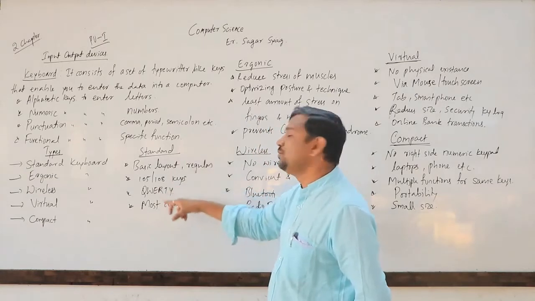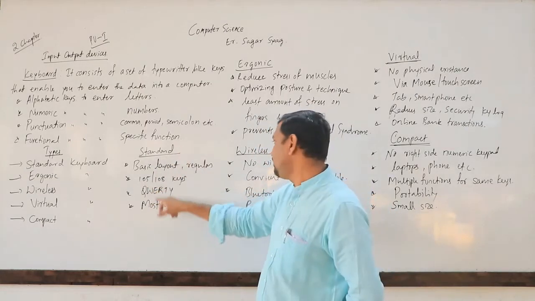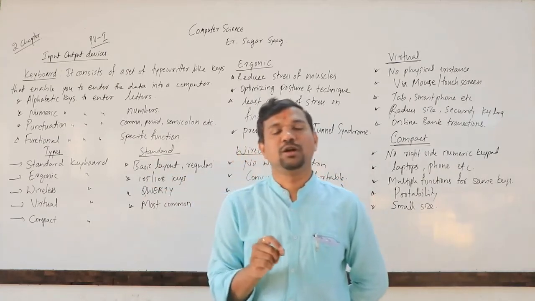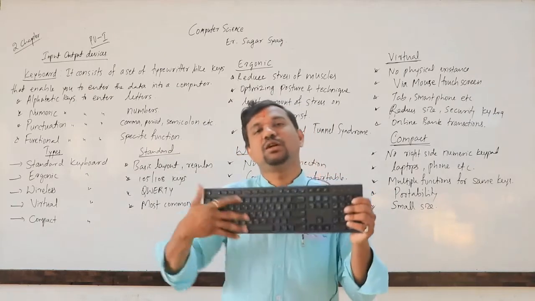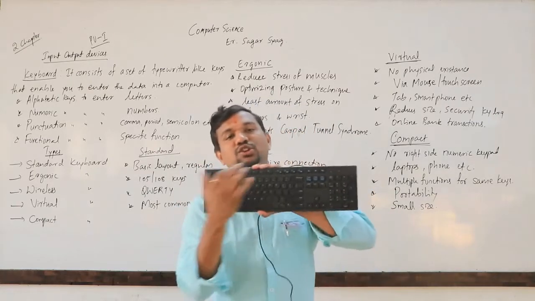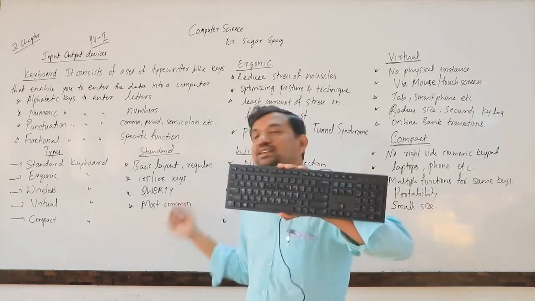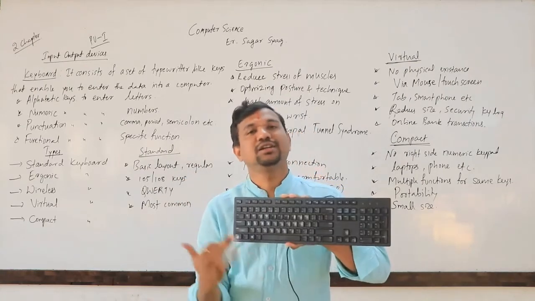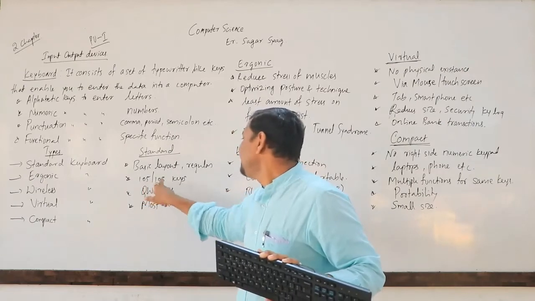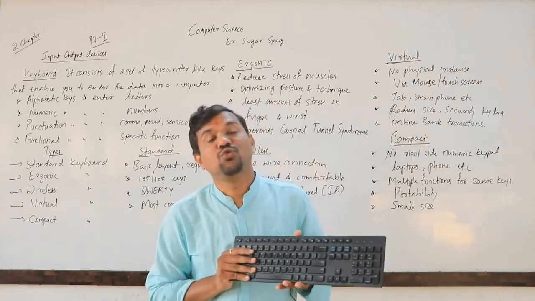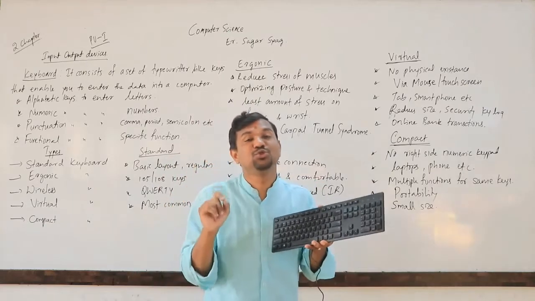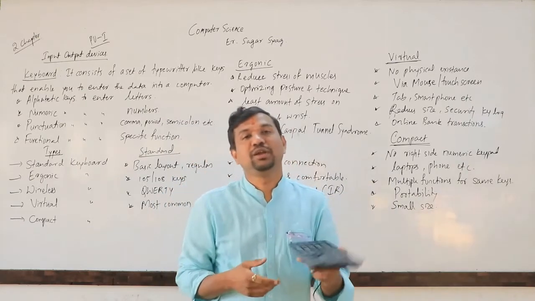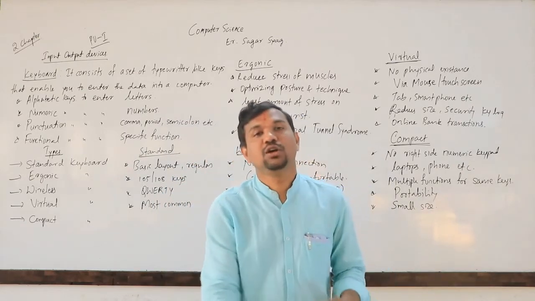So this standard keyboard consists of these features: basic layout, regular. So this type of keyboard is called as basic layout. So this is called as standard keyboard. So it comprises all the features of this standard keyboard. So this is a basic layout and regular one, and that constitutes 105 to 108 keys. So if we count these keys, they are going to be 105 to 108 keys.